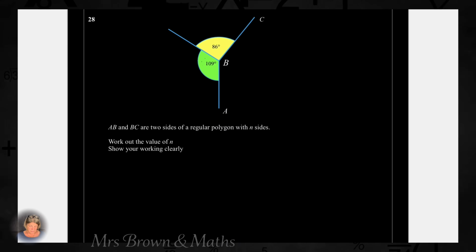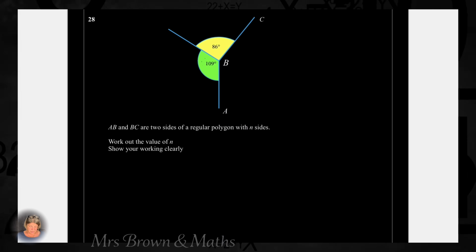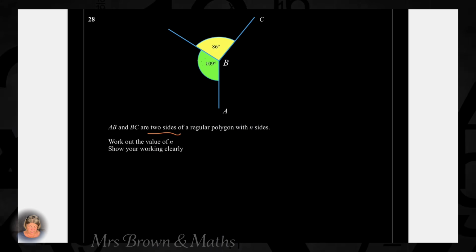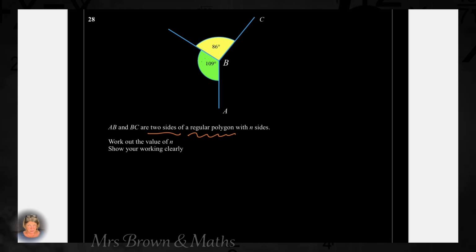AB and BC are two sides of a regular polygon with n sides. It means we don't know how many sides. We need to work it out. Work out the value of n. How many sides? Show your working clearly. 3 marks. Right. First of all, I will work out